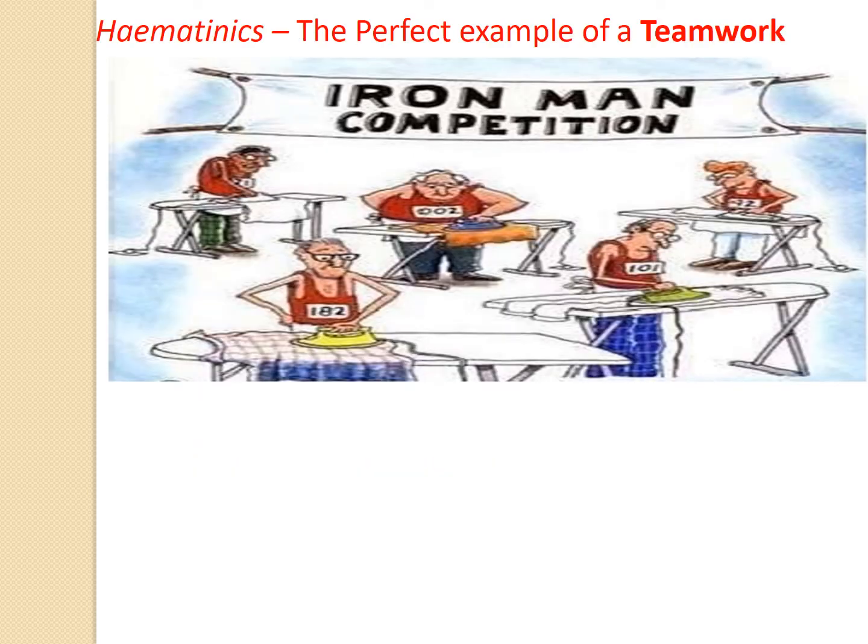So, what we concluded is that hematinics is a perfect example of teamwork: vitamin B12, iron, folic acid and the proliferation factors, helpful in the growth of blood cells, work together and help in the formation of the blood cells. So today we finish this chapter, hematinics, with its five subdivisions. Today it was the last, fifth division.